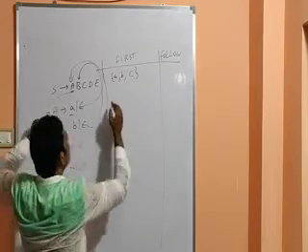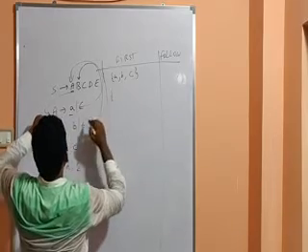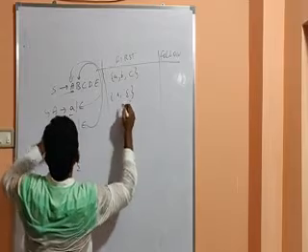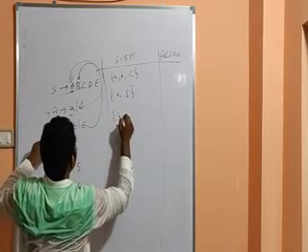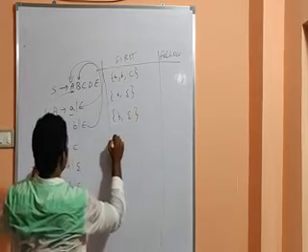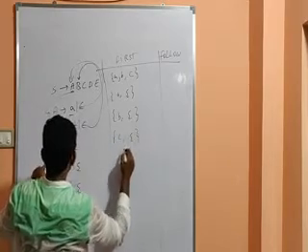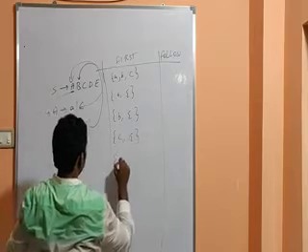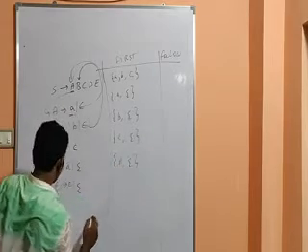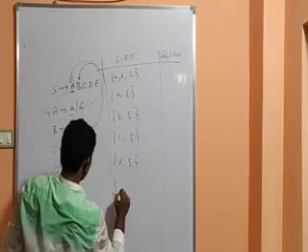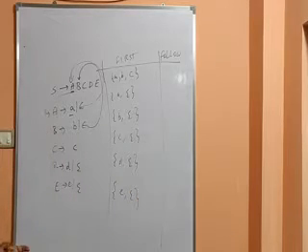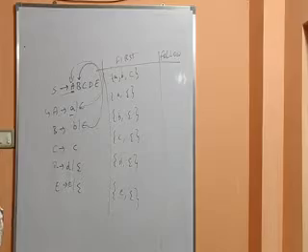So let us write the first of capital A. What is the first value? a, comma epsilon. First of capital B, b, comma epsilon. First of capital C, c. First of capital D, this is not small d, capital D, d, comma epsilon. First of capital E, e, comma epsilon. This is how you write the first of a grammar. Now let us see how to write the follow of a given grammar.